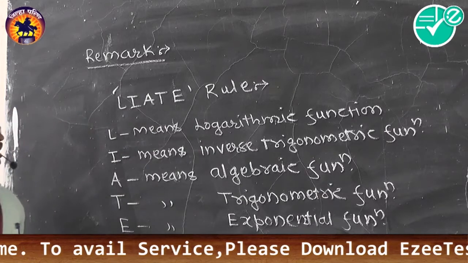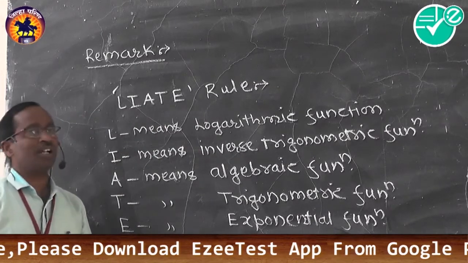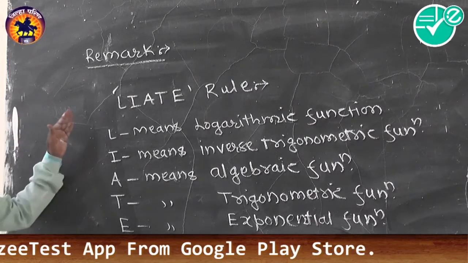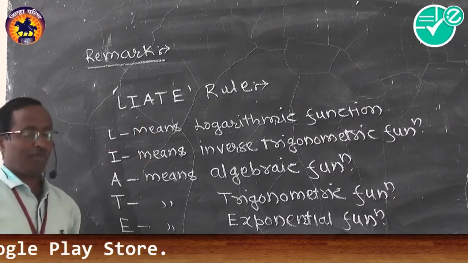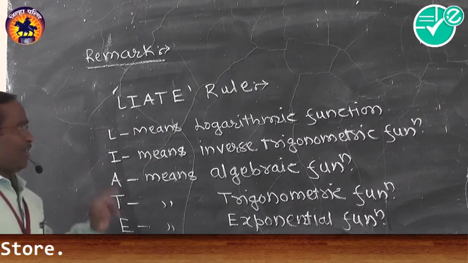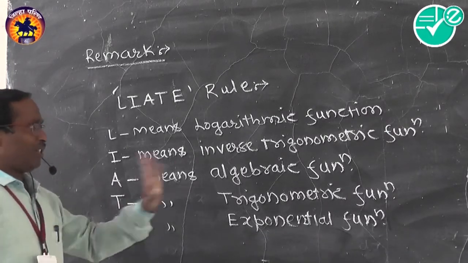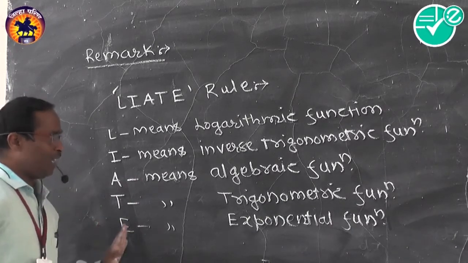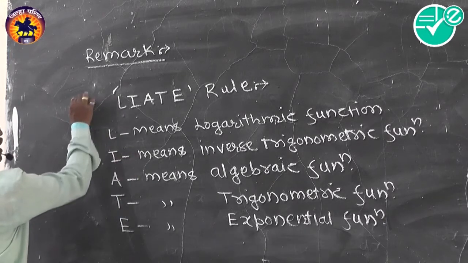We have to choose the first and second function by using the serial order of the letters of the word LIATE. It is called the LIATE rule. L means logarithmic function, I means inverse trigonometric function, A means algebraic function, T means trigonometric function, and E means exponential function. This is the first remark. Now second,